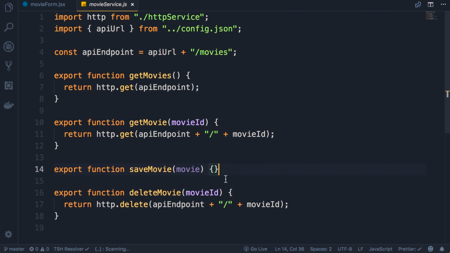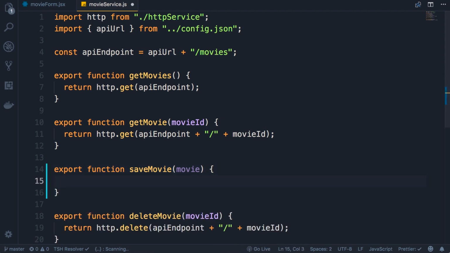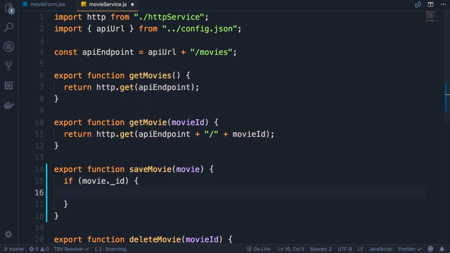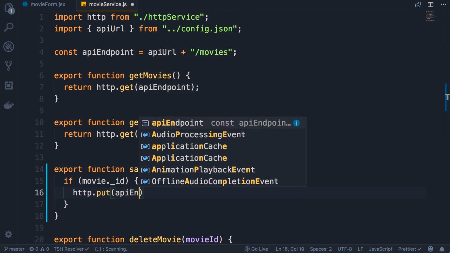All right, now we're going to focus on the saveMovie function. In this function, we should either create a movie or update it. So we check if movie._id exists. We should update the movie. So we send an HTTP PUT request to the API endpoint